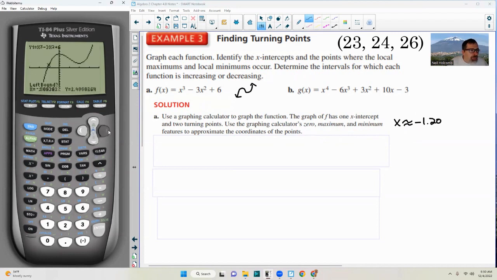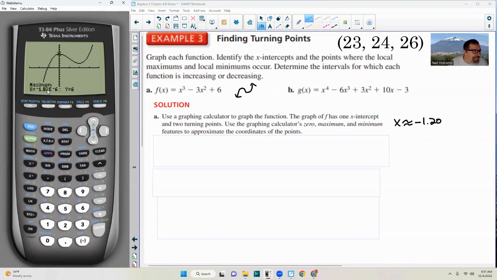And again, I do left bound, right bound. The maximum is right here, the local maximum. I am to the left of that maximum, and that's what this says, left bound. So I hit enter. It put a little arrow up there in my domain. I arrow to the right of that maximum over here, and I hit enter. So now I know that maximum is between those 2 arrows. That's true. So it says guess question mark. So I hit enter. And it says the maximum is approximately